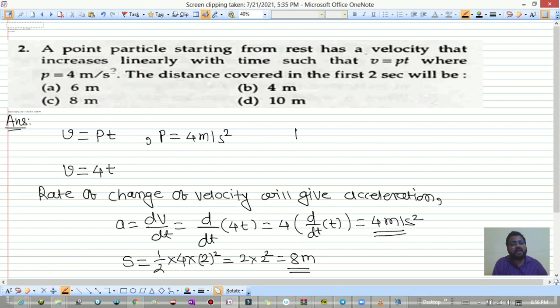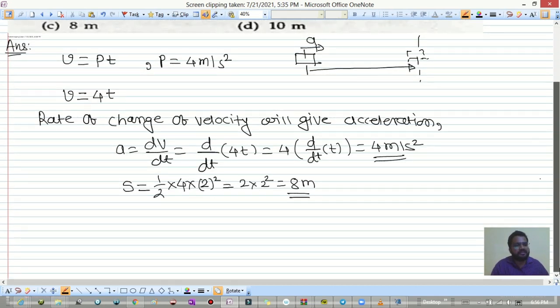Now, as the particle is moving in a straight line with constant acceleration, whatever displacement of a body is there, that is exactly equal to the distance, and that is the reason we can say displacement over here is exactly equal to the distance. So you have to remember this whenever a particle travels in a straight line without turning back, right? So I'll write this point over here.